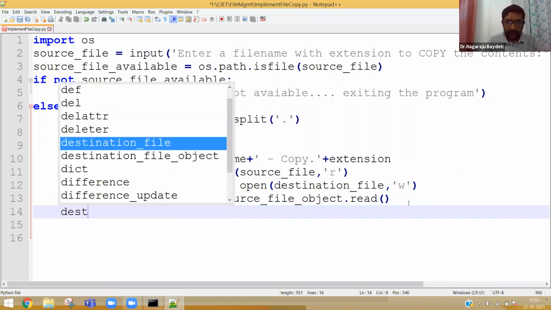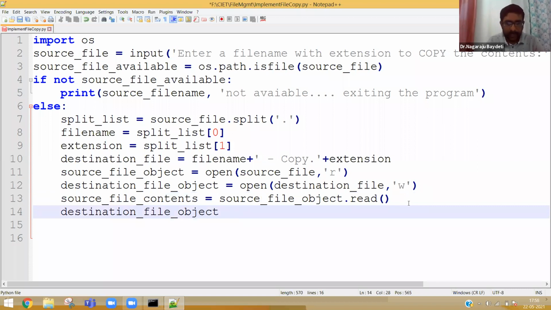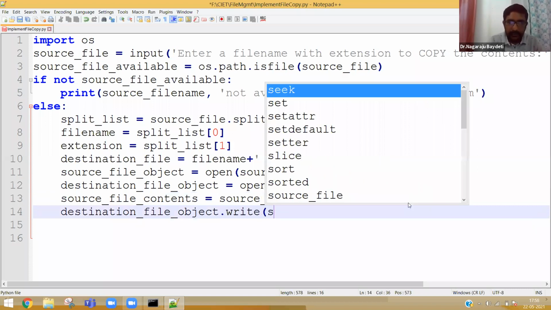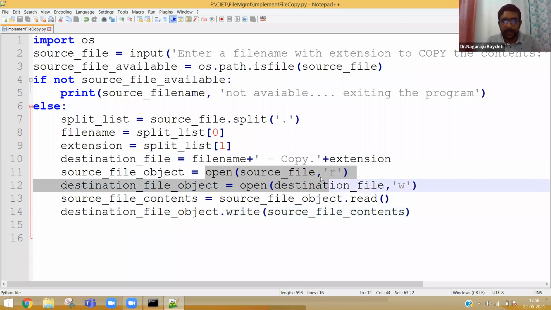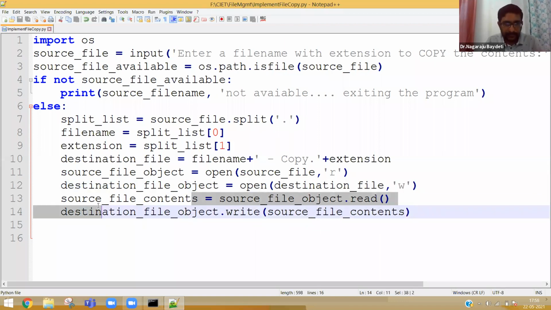So through the destination file object dot write, what you have to write? Source file contents. See, the way I am writing the variable names looks like English only. Open source file in read mode, open destination file in write mode, get the source file contents by reading the source file, then write into the destination file the source file contents.